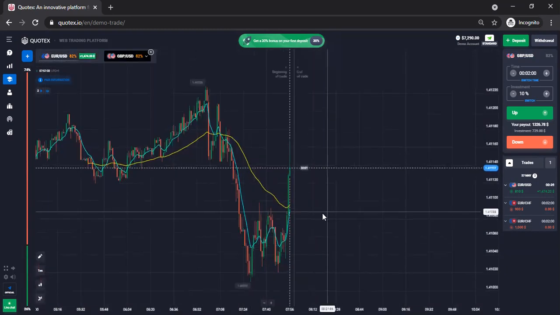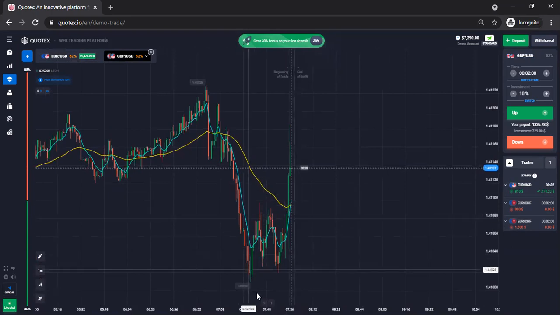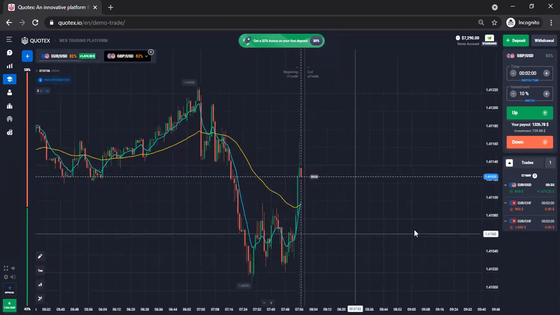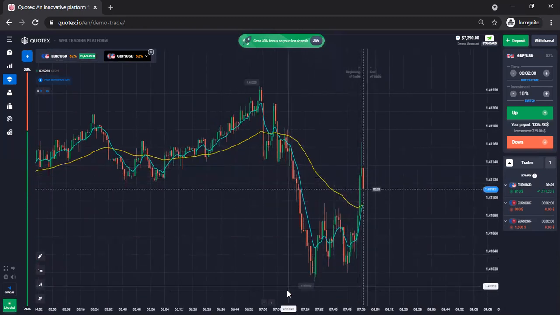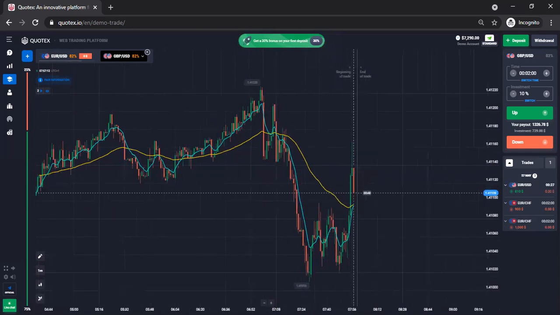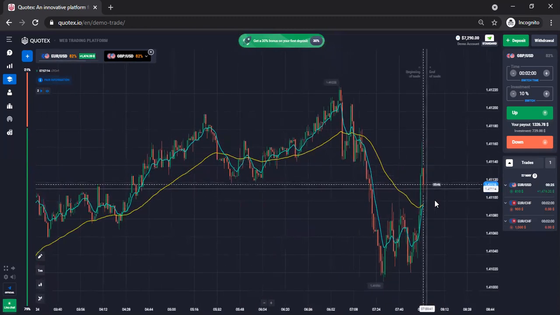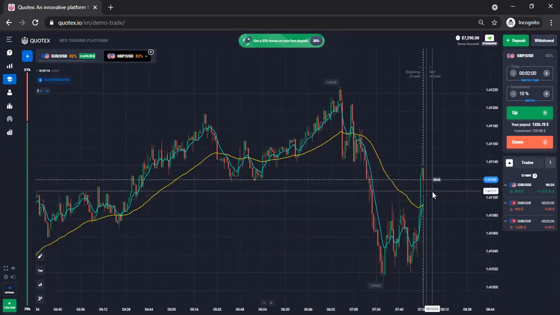Now, the same thing is true for this as well. This is also about to cross. In fact, this has crossed. But should we enter? Let's see. The market seems to be retesting. All right, so we can enter